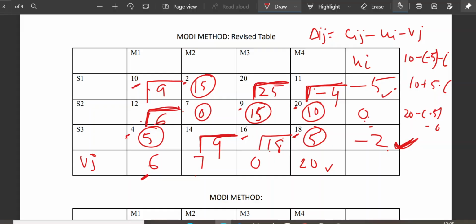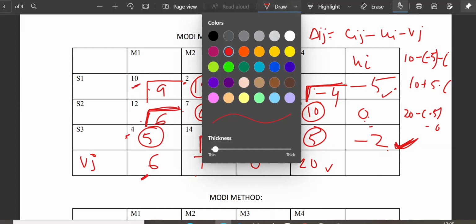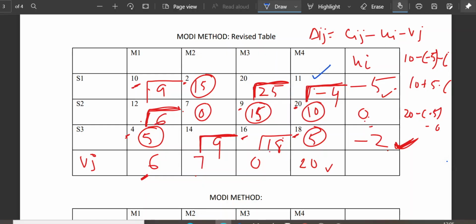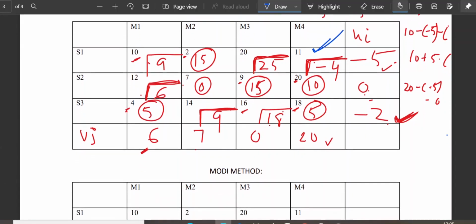See, we again have one negative cell here, right? So we do not get the answer because I need to have all my delta ij greater than or equal to 0. So again we did not get the answer. What we have to do? We have to make a loop from here. So I start making my loop from here. Just see how I make my loop. I have to move only over the basic cells. Suppose I come to this 15 because 15 is a basic cell. If anybody goes down to 10, that is also very much correct, right? Now I come to this 0.